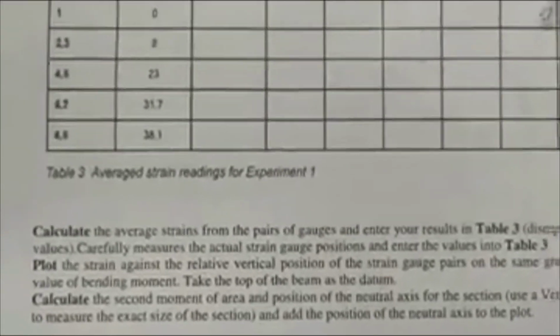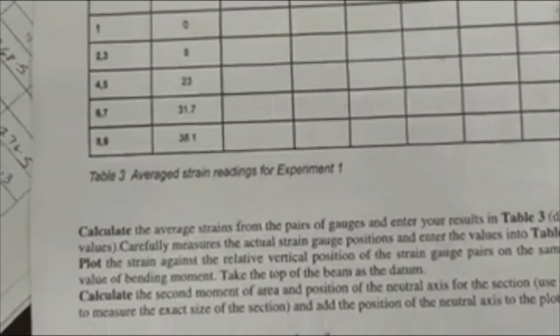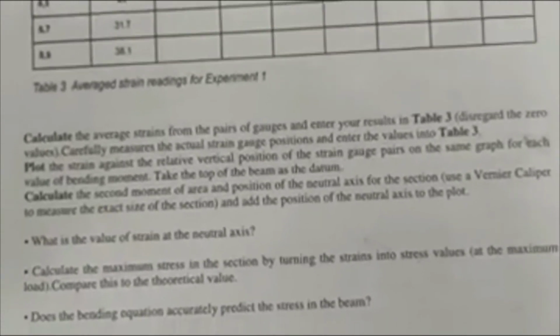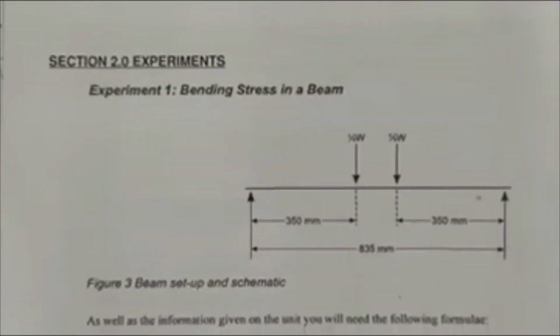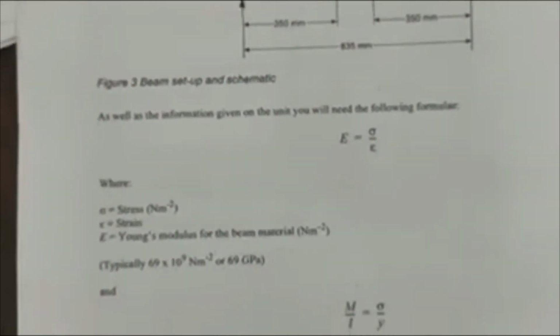We will also provide you the data, since we will not be able to physically do the experiment. We will do the experiment and provide the data, but you have to do the calculations: you have to plot the strain against the relative vertical position of the strain gauge, and also calculate the second moment of inertia, answer some of these questions, make a report and send it. Your manual will give you the formulas to be used, and also the dimensions of the beam setup. Using these formulas you can answer all the questions that will be given to you and send us the report.